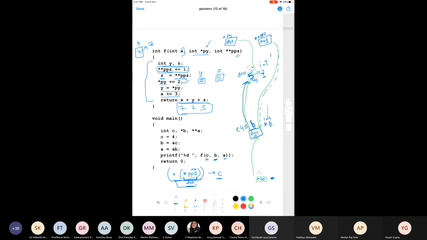So this entire thing actually becomes C plus equals to 1. I cannot exactly say it like that because this function here knows nothing about C. But what we are talking about here is the value which is present at this address D40. So although you cannot use the name C inside this function, if somehow you pass the address of C, you can use that address to make some changes. Is that clear? Yes, ma'am.